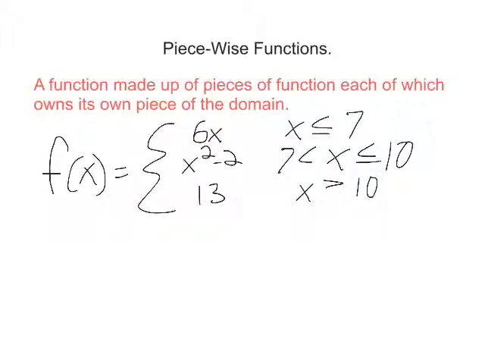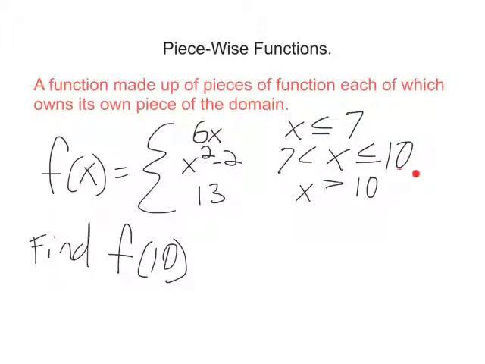Now what you do with this is when you're asked to find a function at a certain x value, you have to figure out which one of those the x that you're given belongs to first. For example, if I were given f of 10,